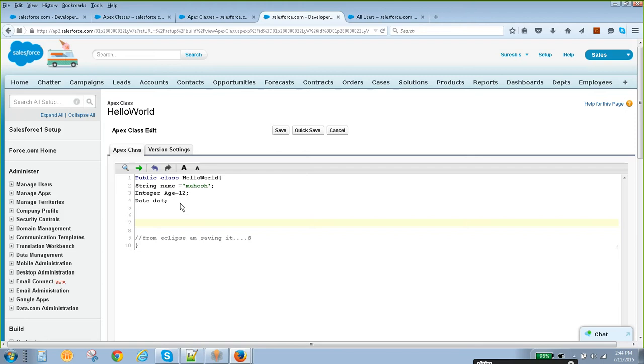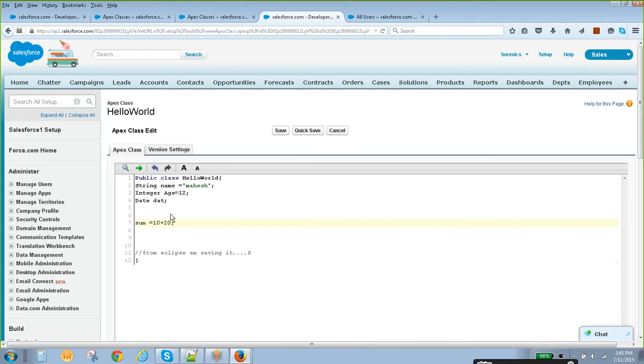Now the next thing is a method, correct? A method holds a piece of code and does a certain set of business logic. Inside the class we can't do any business logic. Let's say if you want to write sum is equal to 10 plus 10 plus 20, we can't do it like this, it won't support.